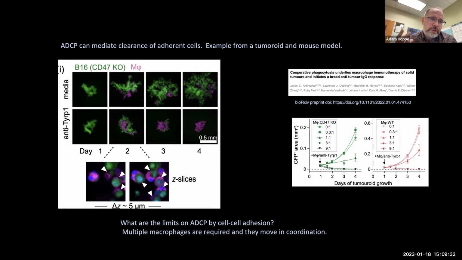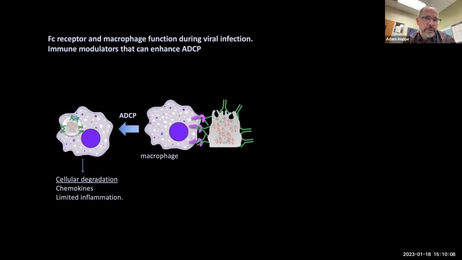here the authors of this work believe that these macrophages actually have to work cooperatively. So I guess what I'm trying to do is reinforce this point that likely you're going to need to recruit additional effectors, additional monocytes differentiating into macrophages, and have some additional help to be able to mediate the antibody-driven response against a more solid or anchored tumor, or in this case, a more anchored cell like the infected pneumocyte.